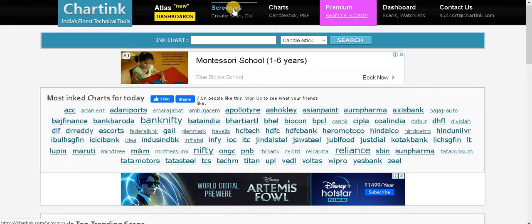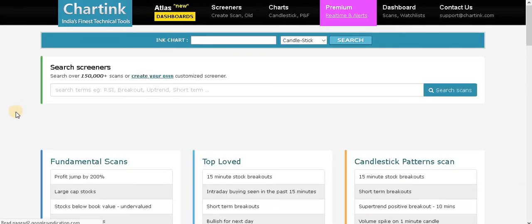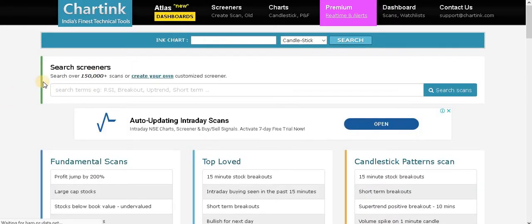For creating a scanner, you need to go to the screeners. Once you are in screeners, it first shows a search for screeners. This website is particularly famous for various technical tools. It has above 150,000 screeners.